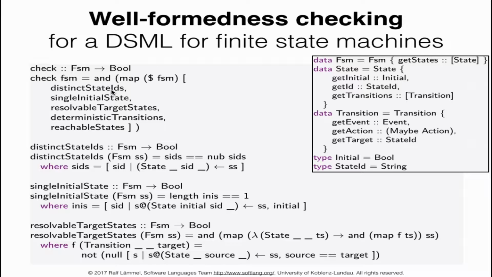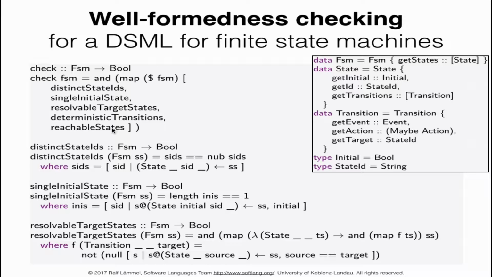There should be exactly one state that is marked initial. All the target states and all the transitions should be resolvable. They should point, that is, to a state that is declared. All the transitions for a given state must be deterministic. That is, there cannot be two transitions with the same source state and the same event. And all the states should be reachable from the initial state, because otherwise it would indicate some form of dead